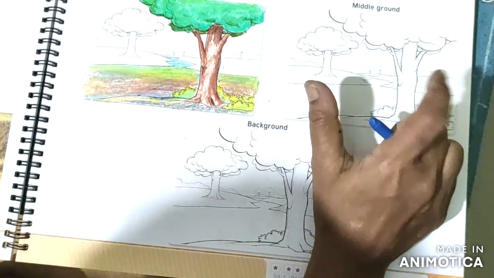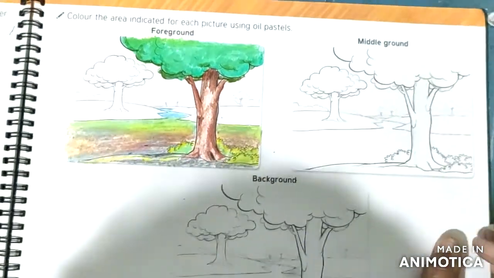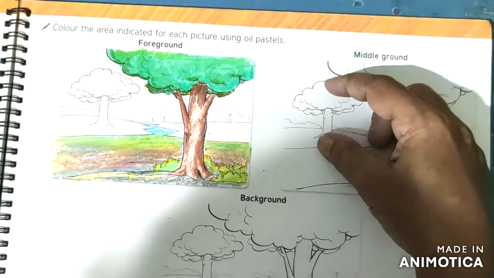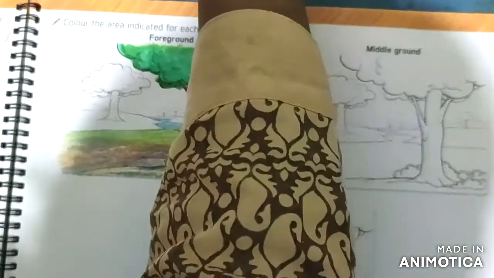Now come to the next portion, which is the middle ground. In the middle ground we have here one tree.